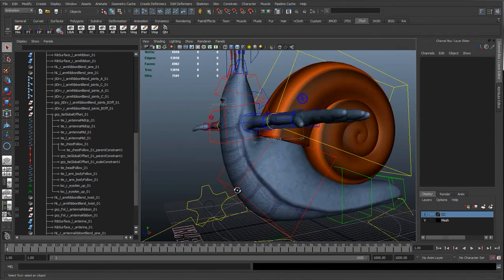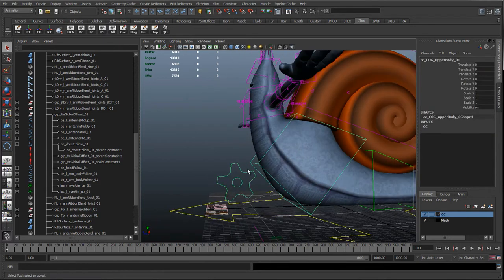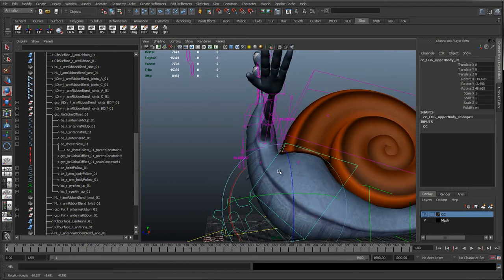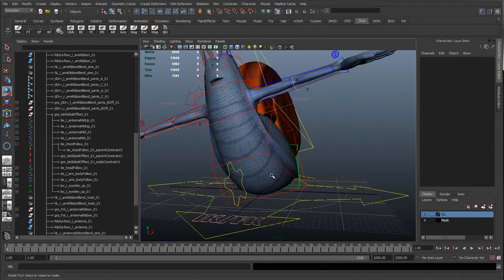So basically we're just layering these controls, so the cog is going to be the bulk movement of the character, where this character is going to be, how he's going to be looking, how he's going to be posed, what angle he's at, and then these free controls are just to finesse that pose. So this is the bulk, he's going to be angled down here, and then how is he going to be angled?